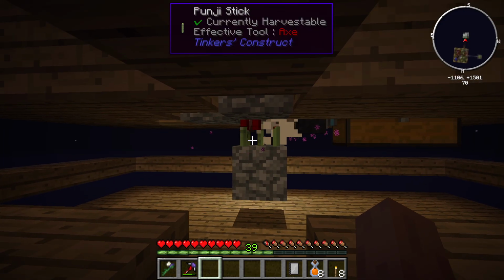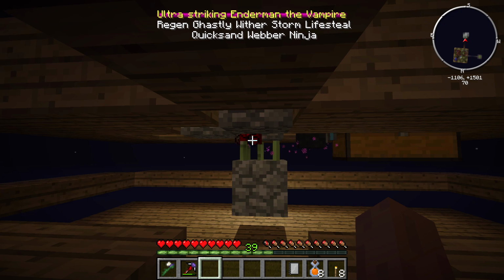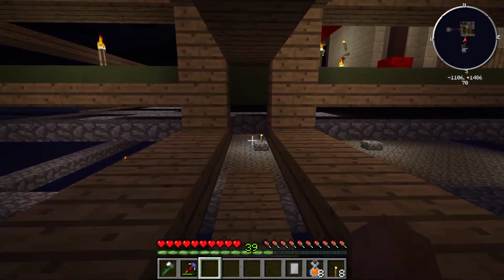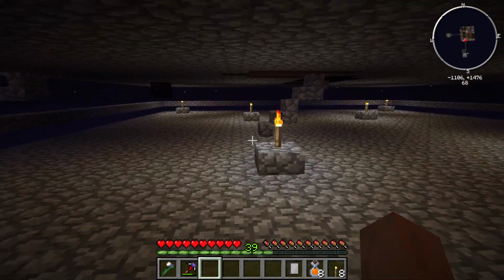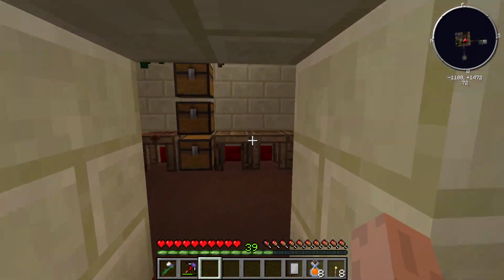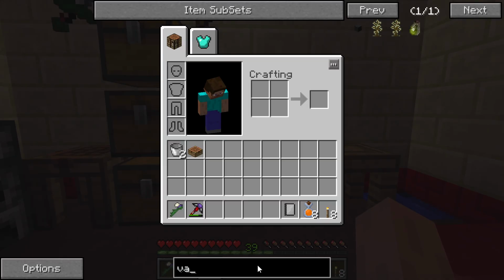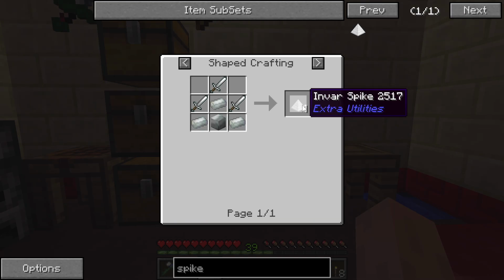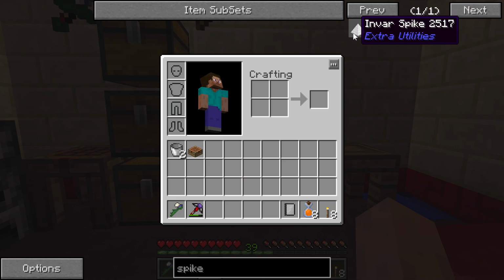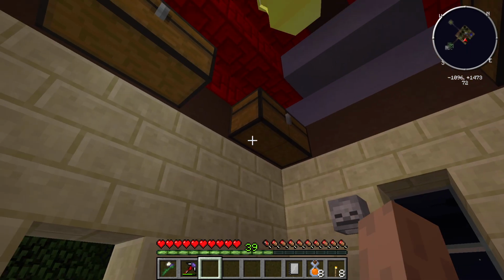Oh, hello. He's got regen. He is not going to die anytime soon. That's the only problem. We do need something that kills things better than the punjies, I think. Now, I know there is a spike. A good old iron spike there. Oh, sorry, invar spike. So that might be the way to go, because I'm going to bet that does more damage than the punjies. However,